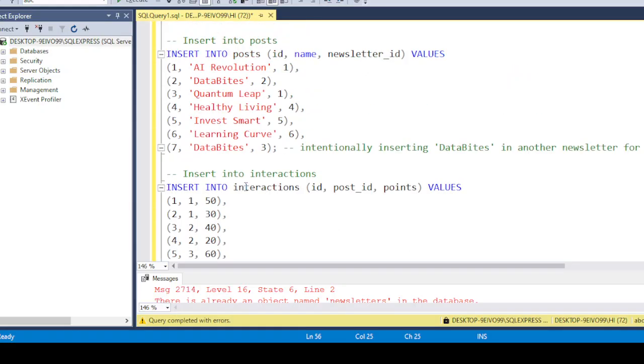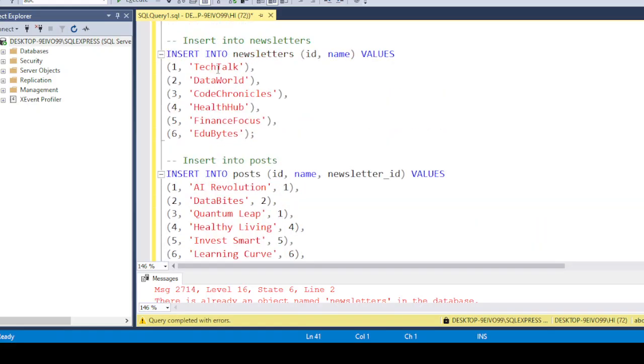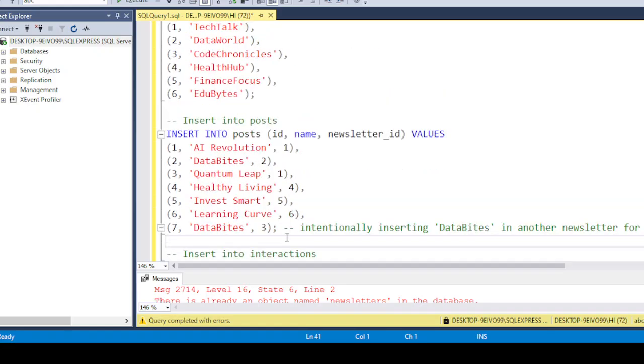For each of the newsletters, I want to count how many posts are included. So I'm looking for the output like 1 Tech Talk,